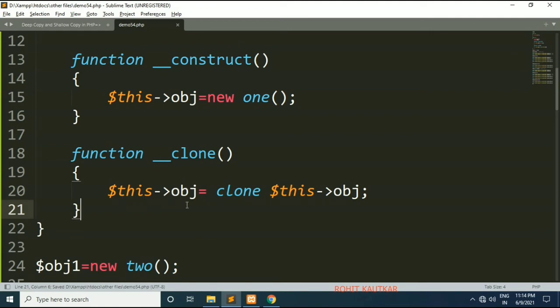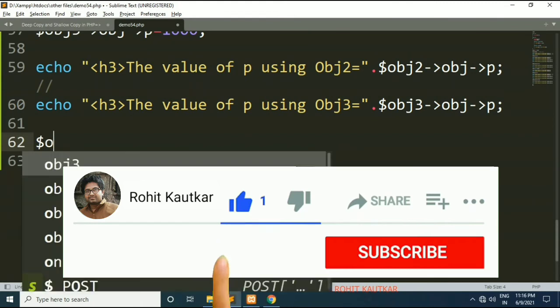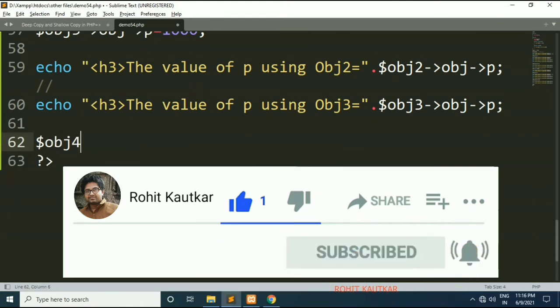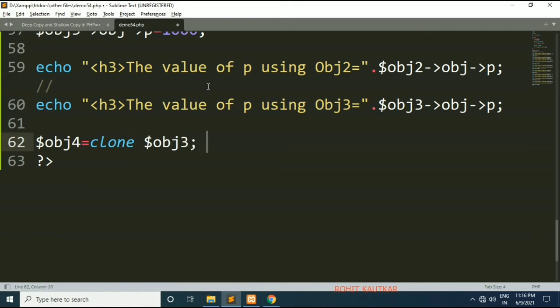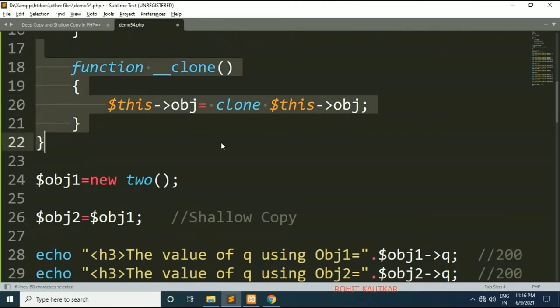Now we will see the demonstration. Here I will create a new object. Object 4 is equal to clone object 3. Friends, here we will have a deep copy now. Why will we have a deep copy? Because we have now implemented the clone method.